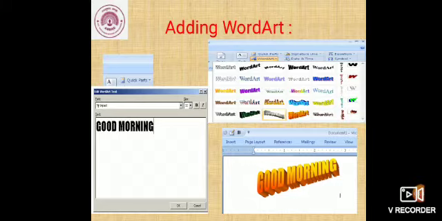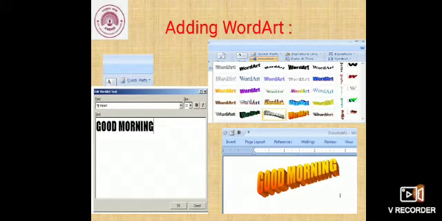So to insert a word art, step 1 is on the Insert tab from the Text group, click Word Art from the drop down arrow. Okay. Then next is from the drop down list, select a word art style. Can you see here are many types of word art styles? So you can select any style from it.